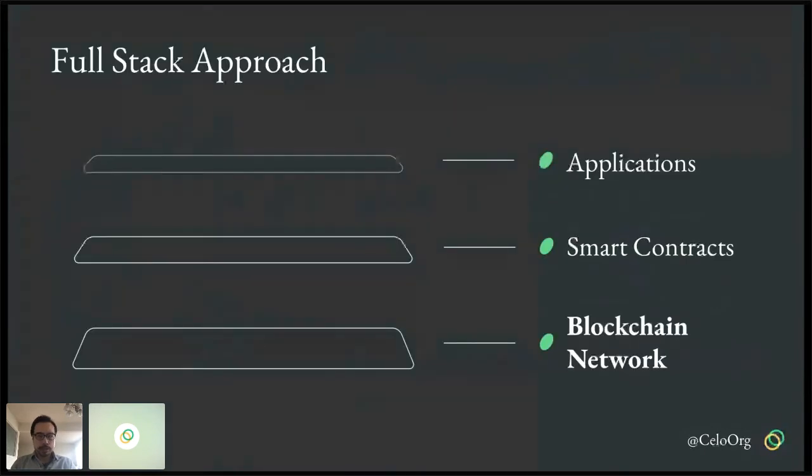And to that end, we decided to leverage the potential of blockchain, basically its trustless nature, and smart contracts. But at the same time, we wanted to be sure to meet user needs and create a very useful and easy to use product. So ultimately, we decided that we had to go with the full stack approach to meet those needs. And for this talk, I'm going to focus on the blockchain layer, I guess the lowest layer right here in this graphic.